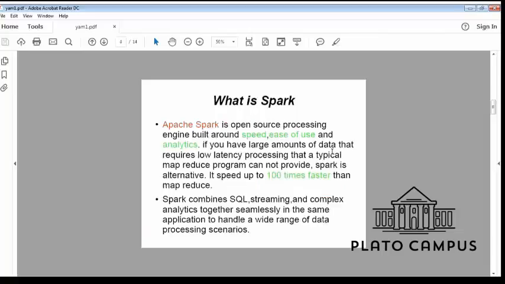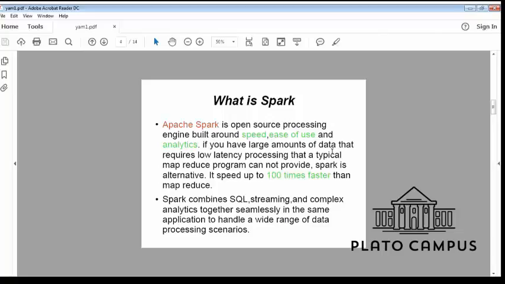As I already described, Apache Spark is an open source processing engine built around speed, ease of use, and analytics. If you have a large amount of data that requires low latency processing, which a typical MapReduce program cannot provide, Spark is that alternative. We can do all the things using Spark that we are not able to achieve through MapReduce.